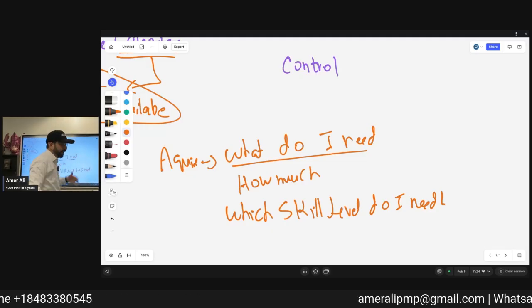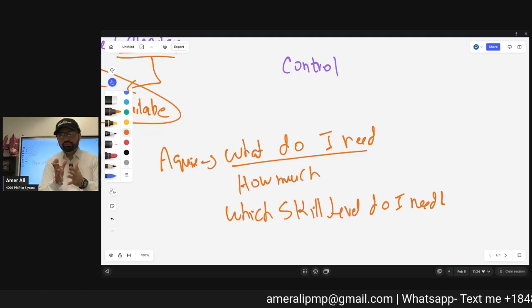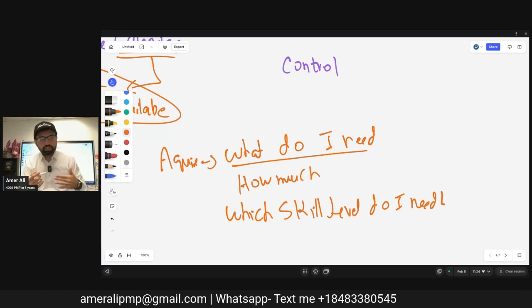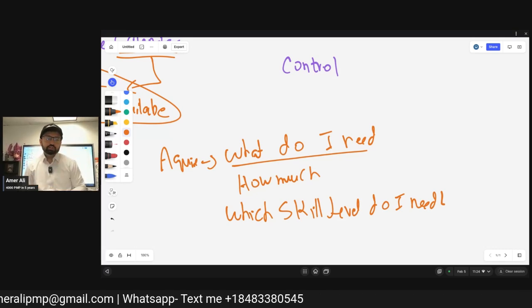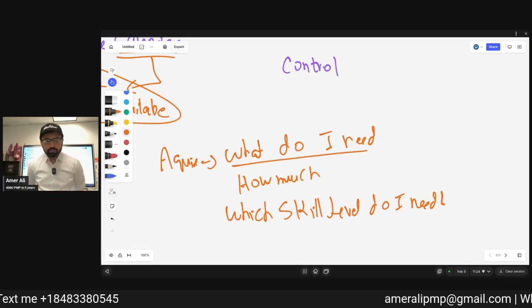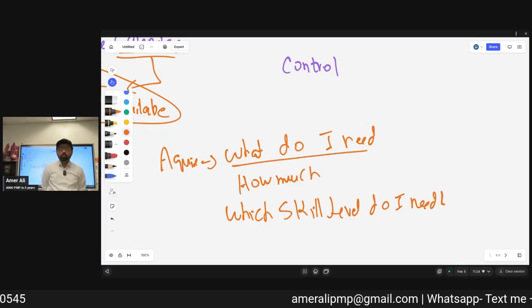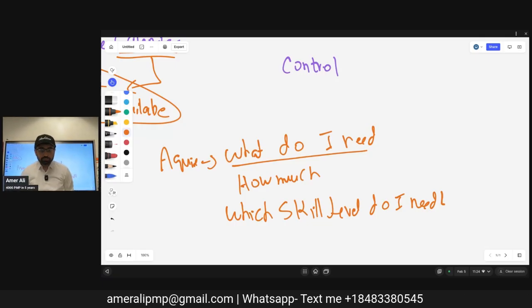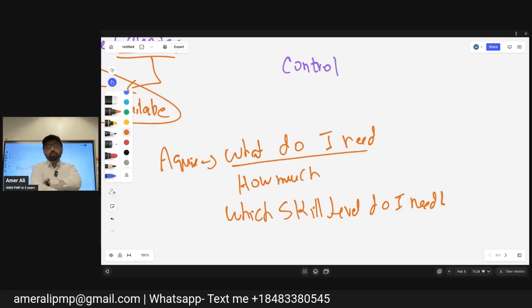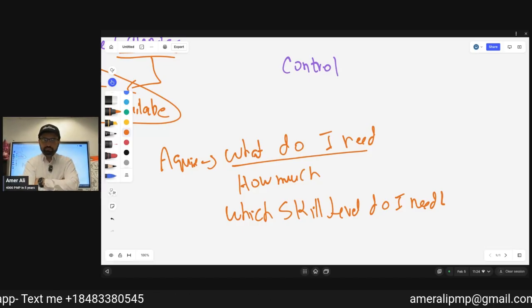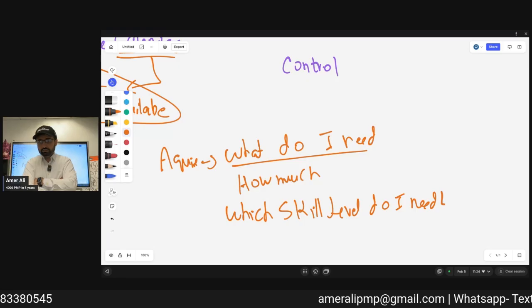What do I need? Let's say you are doing a Burj Khalifa project. I'm going to ask you, because this is an interactive session. Which type of resources do you need in order to make a Burj Khalifa? Put it in the chat box. You are a project manager. Be open. Think about it. Put in the chat box whatever resources you think. Cranes, good.